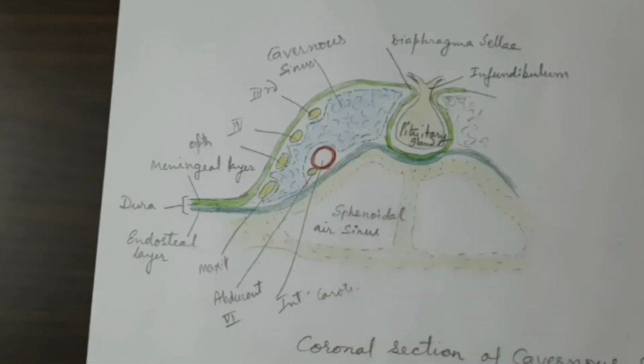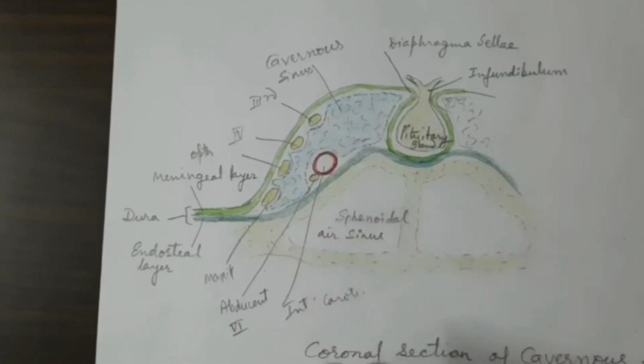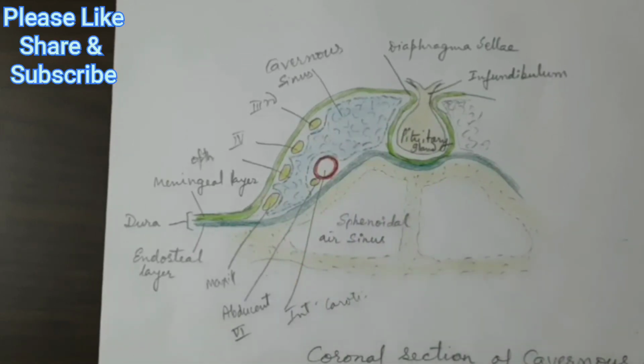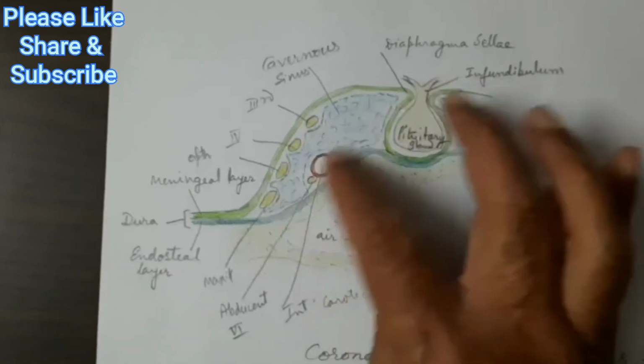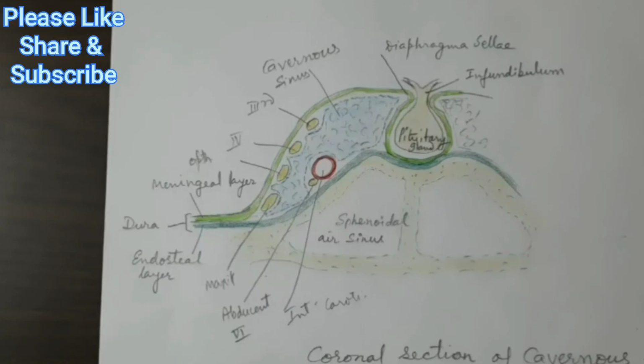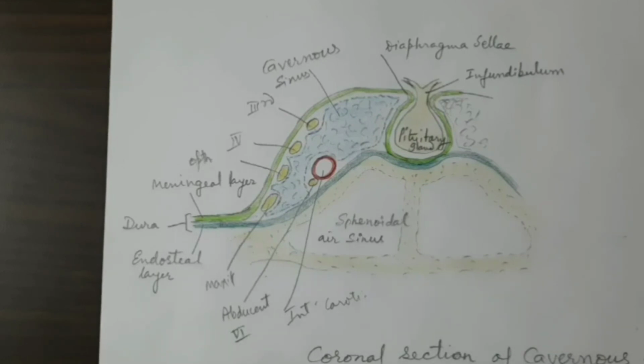If the rupture takes place within the cavernous sinus where the internal carotid artery is traveling, then the arterial blood will collect in this cavernous sinus because of the rupture of the very delicate endothelial lining. Since the arterial blood will collect into this large space, this will lead to unilateral pulsating exophthalmos. Unilateral pulsating exophthalmos means the eyeball will protrude forward, bulging. That is called exophthalmos.